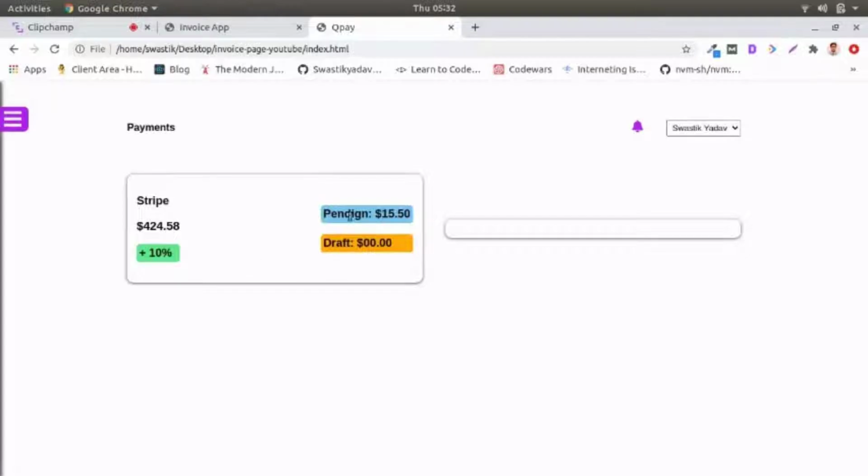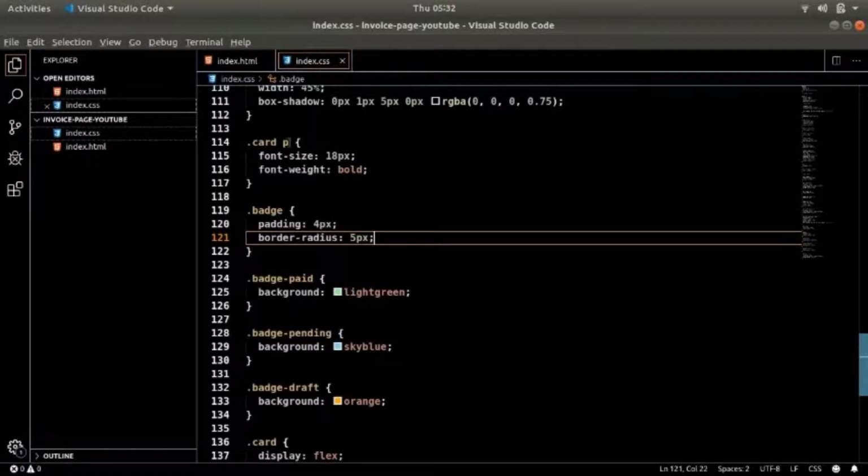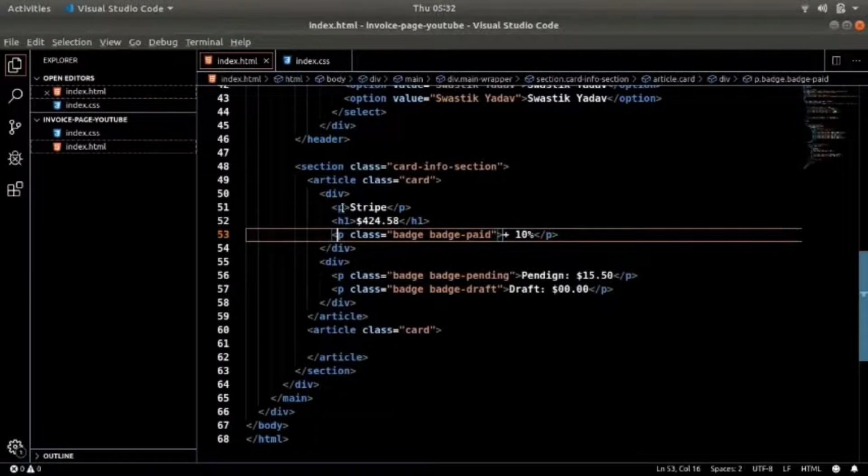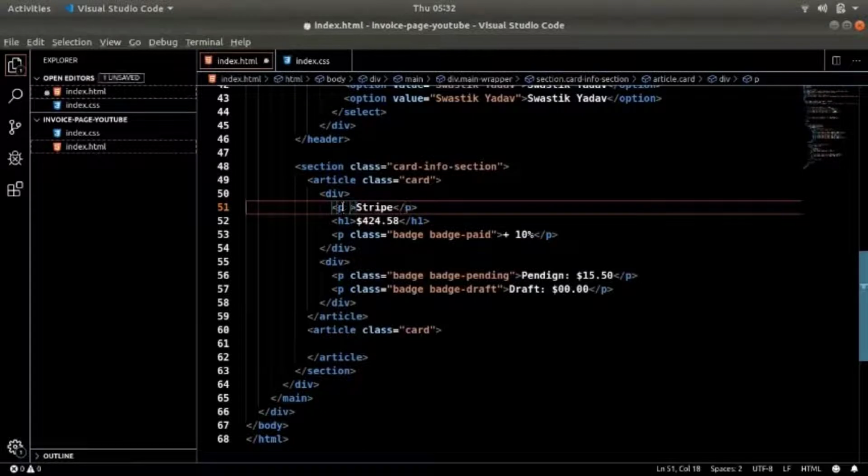And why is this thing being bold? Because we have card p, font-weight: bold, and all those things. So let's make it a bit specific, and I will say this to be card heading or payment mode, because here it is Stripe.